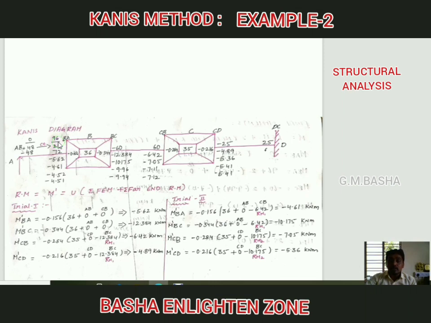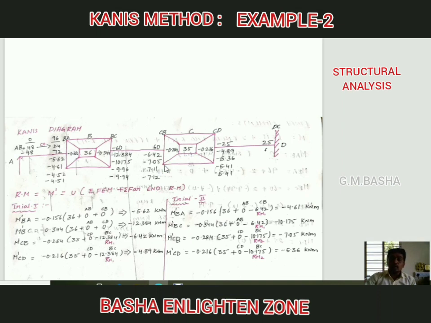Then after that, you will add these two. For the sum of the fixed moments, you add 96 plus, that is 96 minus 60, which will be equal to 36, and write it down in this box. Similarly, you have to write down the CB fixed moment here in the sum of the fixed moments. In this box, we have to write down the sum of the fixed moments, 35. So how do you write this? Minus 60 minus 25 will be equal to minus 85. So you have to write it down in this box, the sum of the fixed moments for that particular joint C.